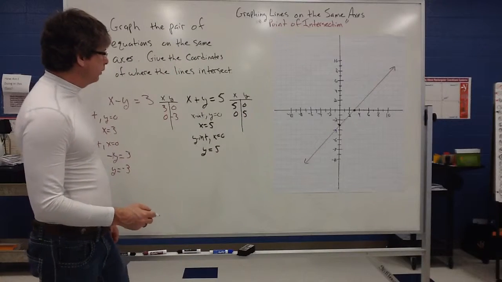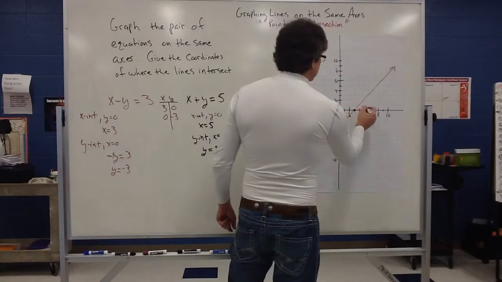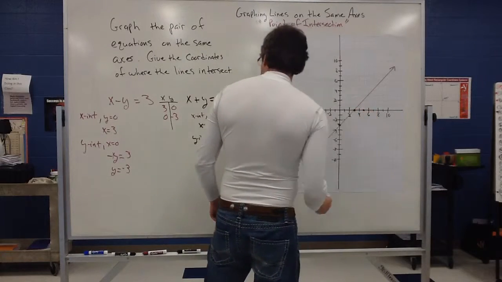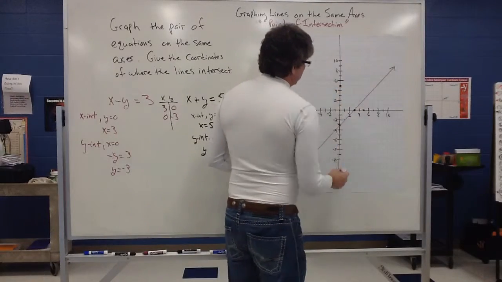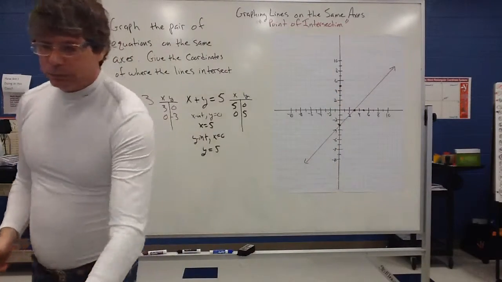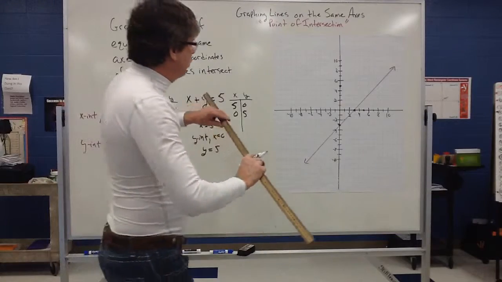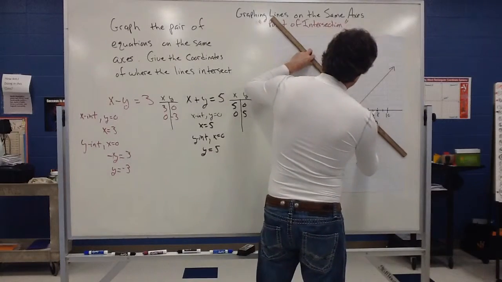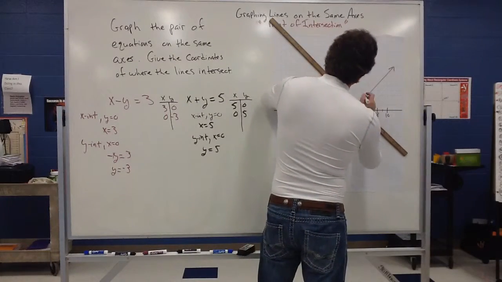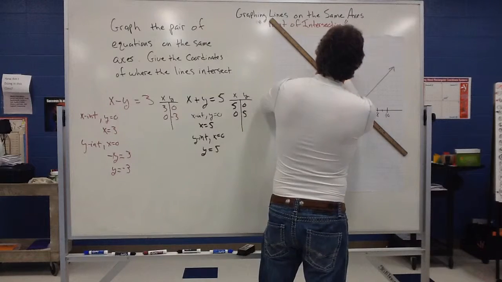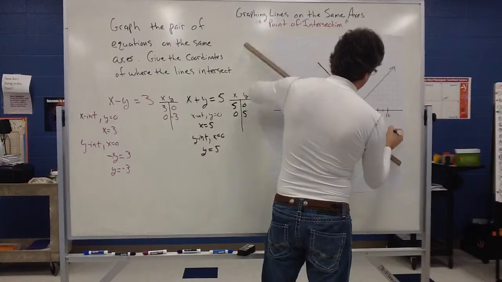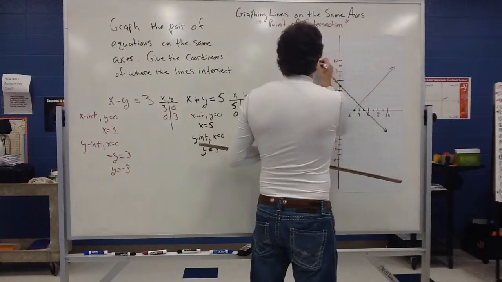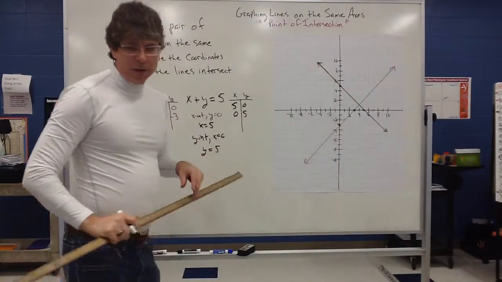So I'm going to graph those intercepts. So 5, 0 would be here. And then 0, 5 would be here. And what I want to do is connect those 2 points to create the next line. Okay, so I've drawn my 2 lines,